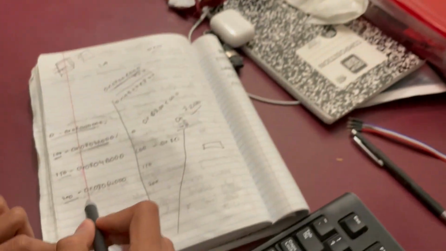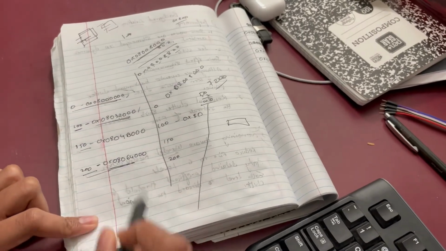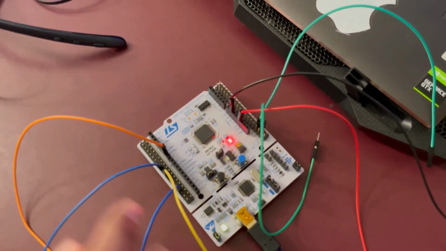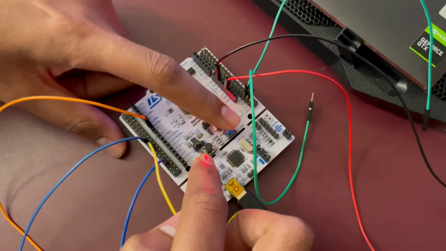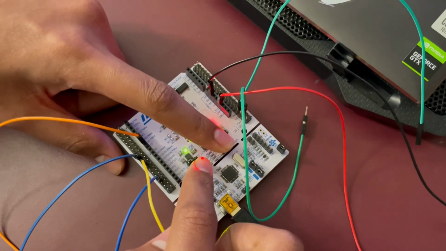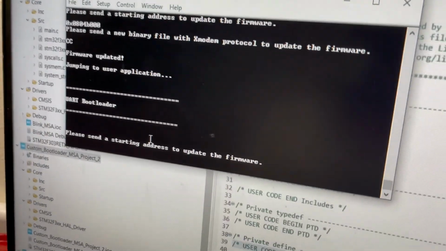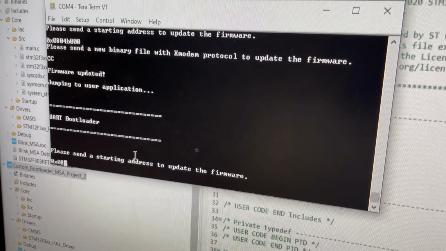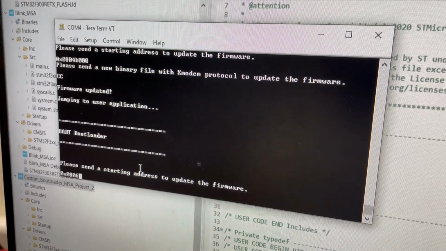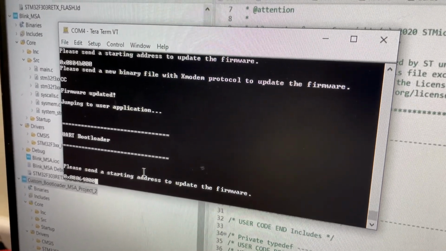Now let's flash our third application at this particular memory location. So in order to flash the new app, as I told you before, we need to hold the user button and then reset the microcontroller. Now it is asking for the new address to flash from. 0x08064000.